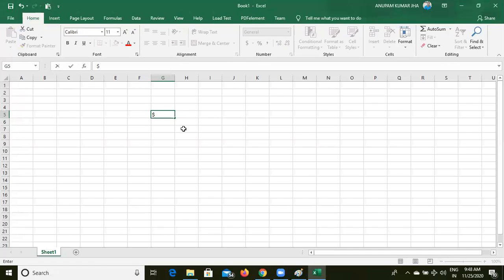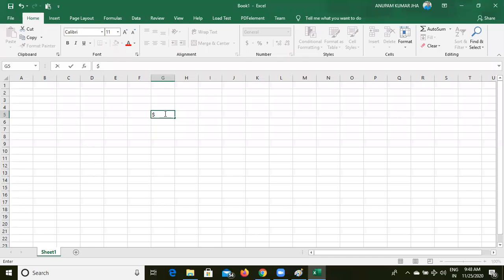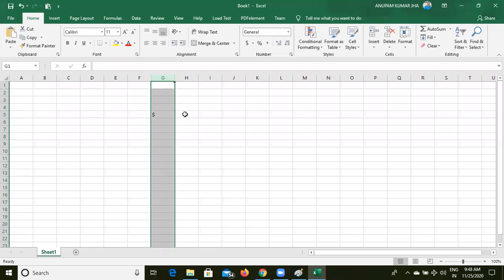I am showing, zoom it. See, this is the dollar symbol. We have to put this dollar symbol before the column name and before the row number. First comes the column name H, and after that the row number 5.